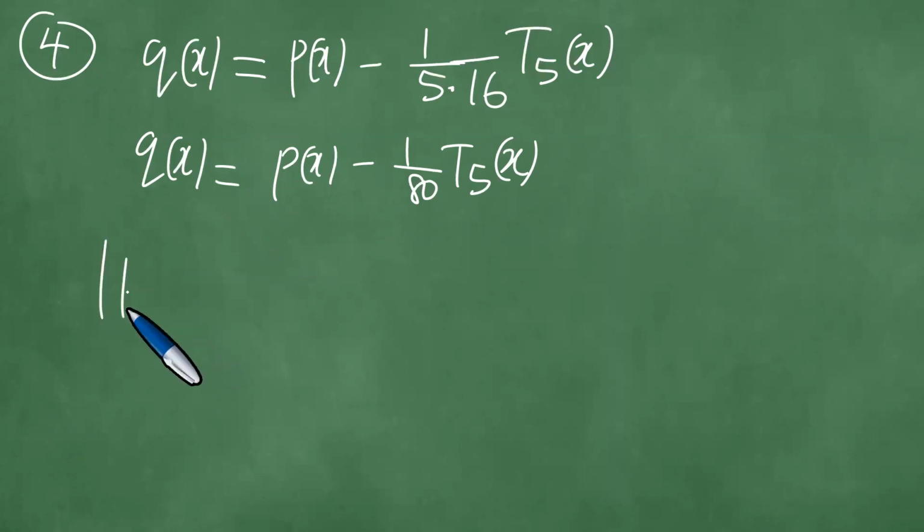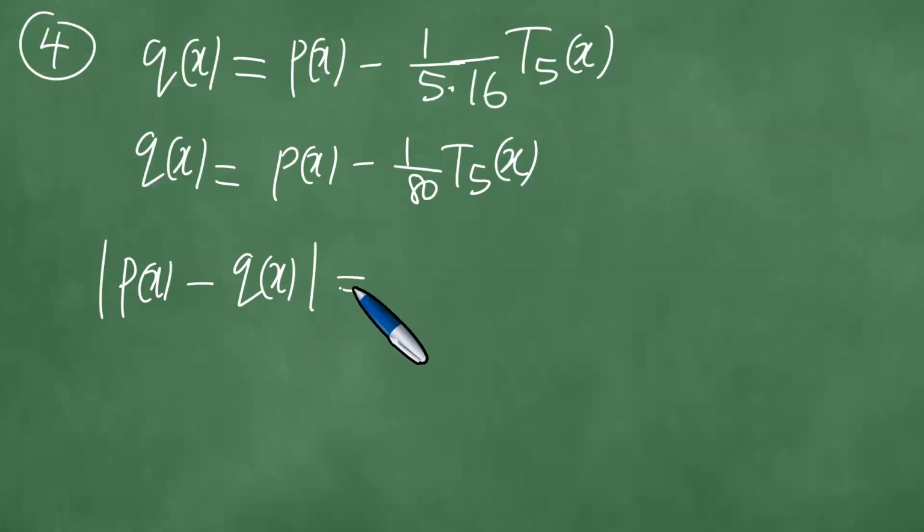Which means therefore that P of X minus Q of X, where Q of X is the economized one, with 5 by 16 being 80 in the denominator, so that P minus Q therefore becomes 1 out of 80 into the modulus